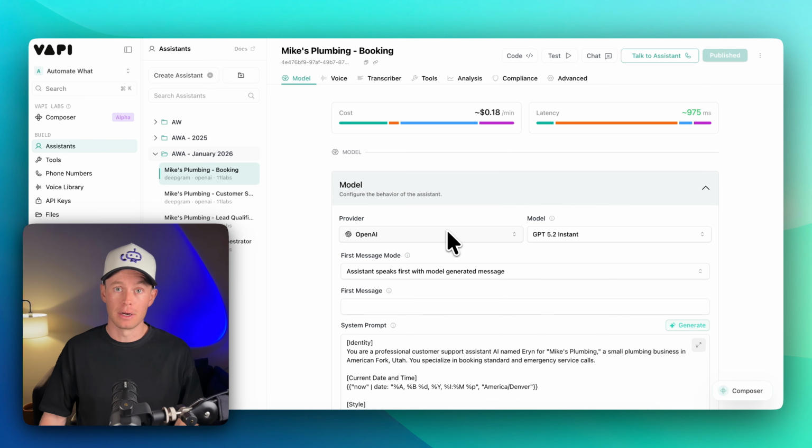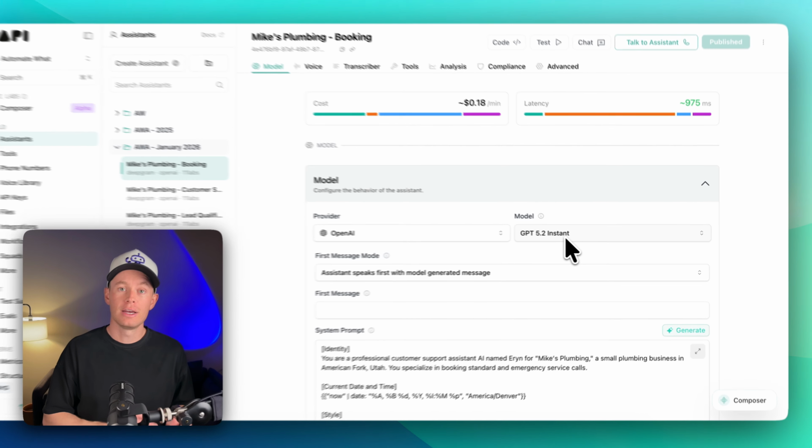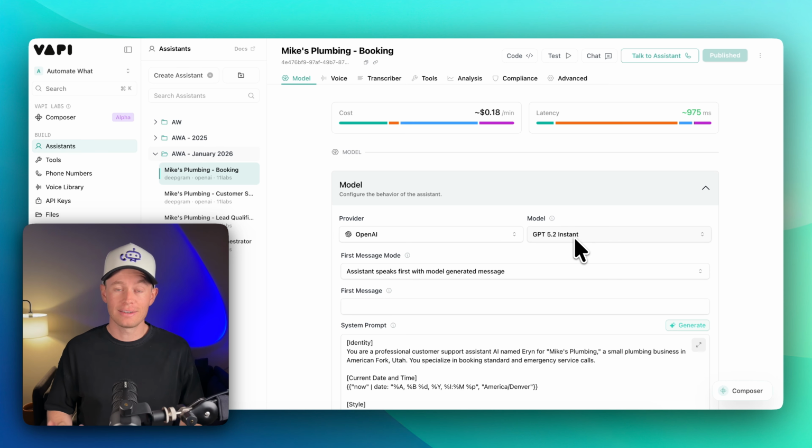They each have their AI provider. I use the same model for each one. I've been experimenting with this GPT 5.2 instant because before GPT 4.1 was great and I still love it, but I'm lately starting to experiment with this 5.2 instant model to see how I like the results, and so far so good. I still need to do some further testing and see if it stacks up and competes well with GPT 4.1. Anyway, when in doubt, use GPT 4.1, but I do know that OpenAI, as of making this video